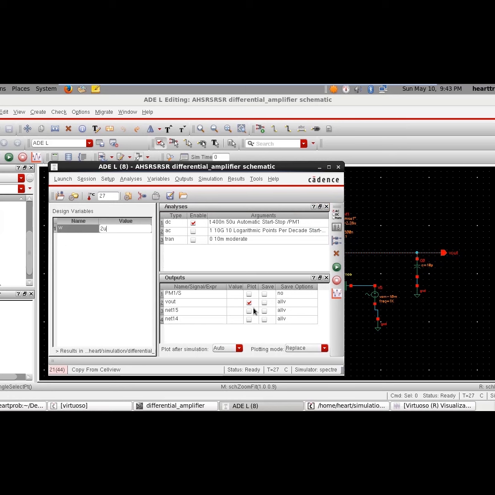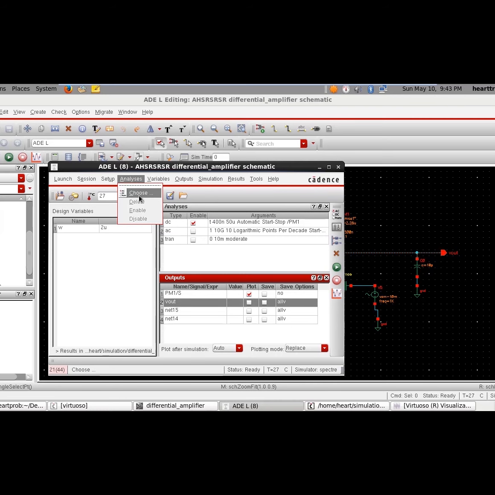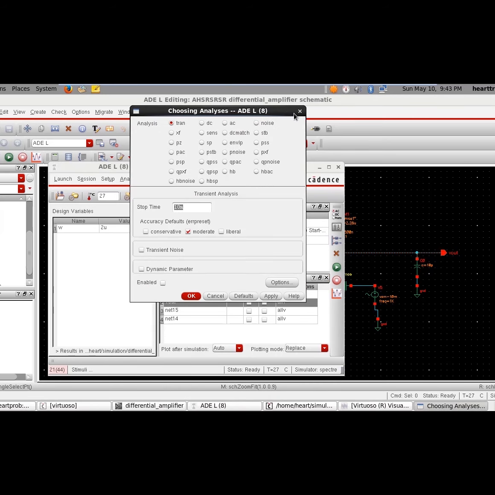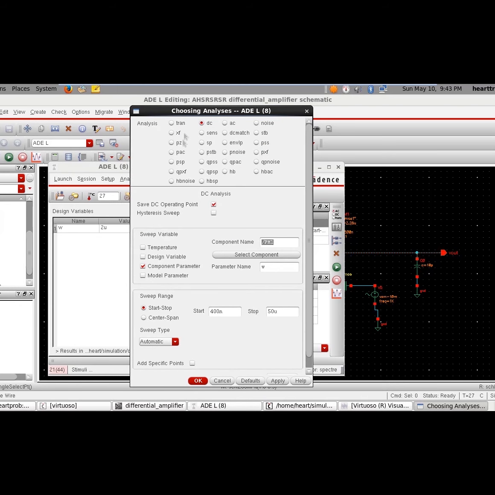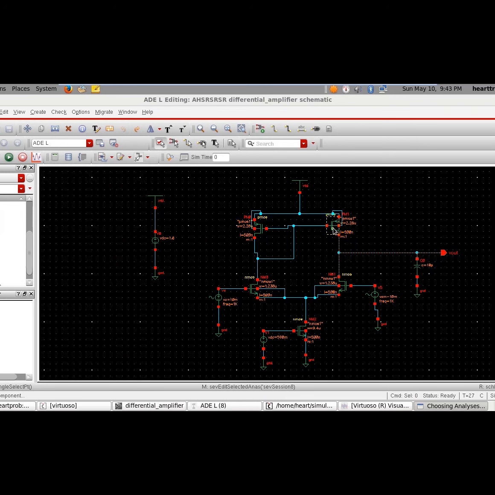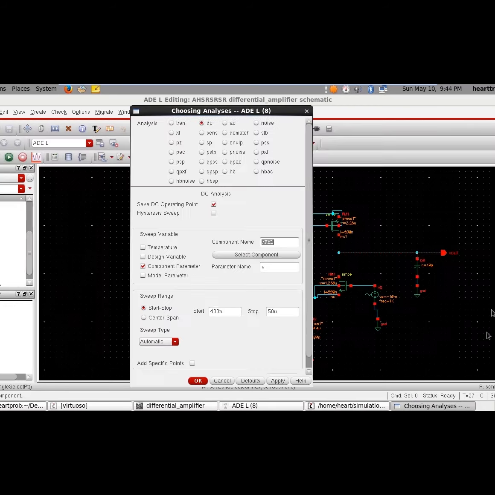P1S is the node where the current is flowing. So this is DC analysis. Component parameters P1. I'm selecting the component as MOSFET P1. If I select that, it gets activated. One second. Okay. Then I'll start and stop from 400 nano to 550 micro, and then I'll start it.